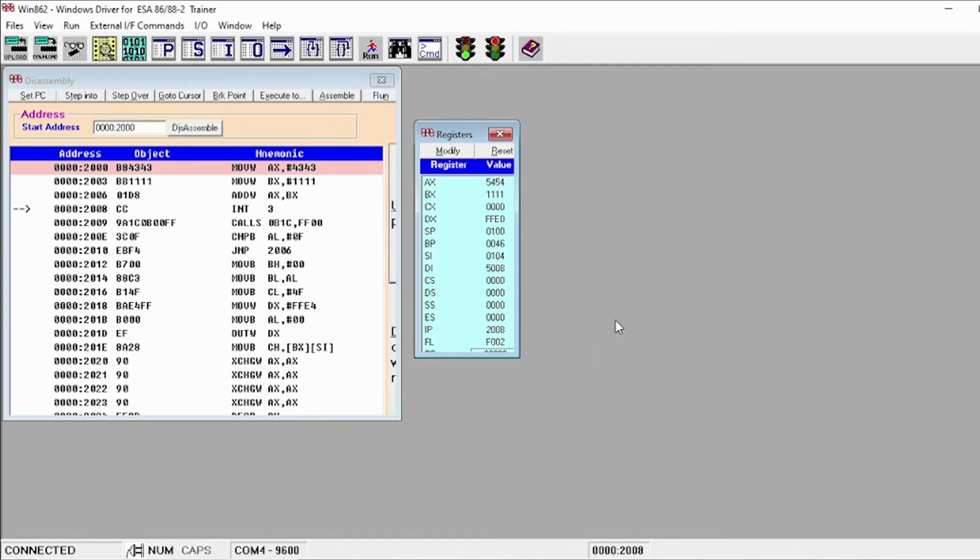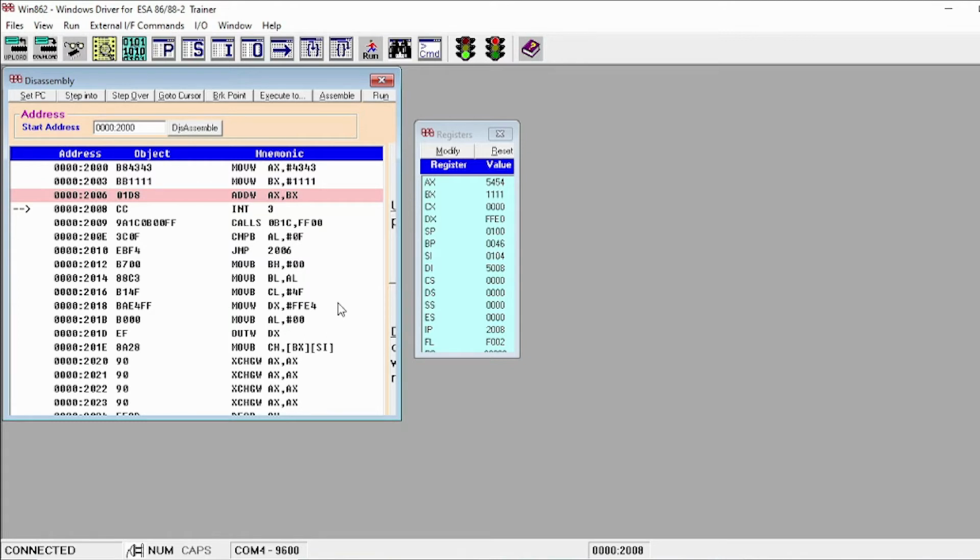So if you want to perform the subtraction operation for the same input values 4343 and 1111, no need to again go for the assemble and write the program. In the disassemble itself, you can change a single instruction. So you can change the single instruction by clicking on this addition. You can have the subtraction instruction inserted. It leads to subtraction operation.